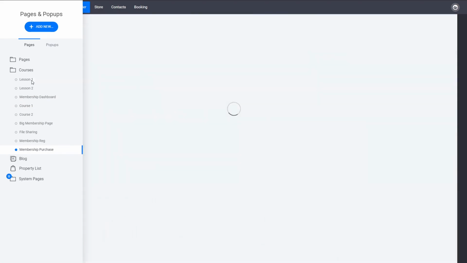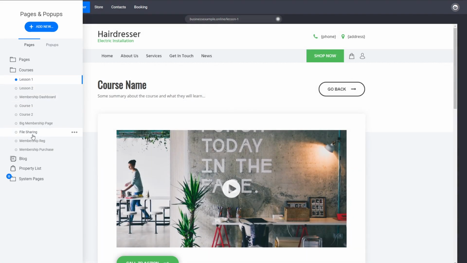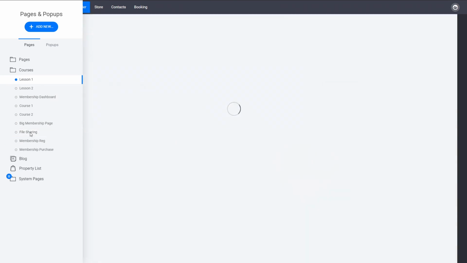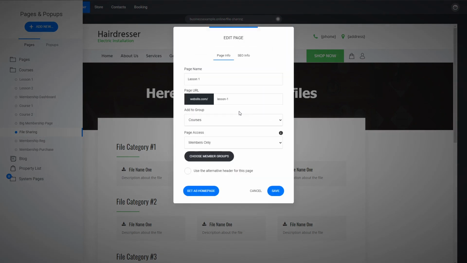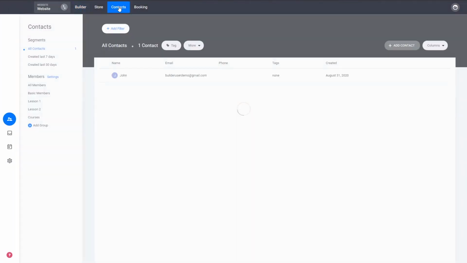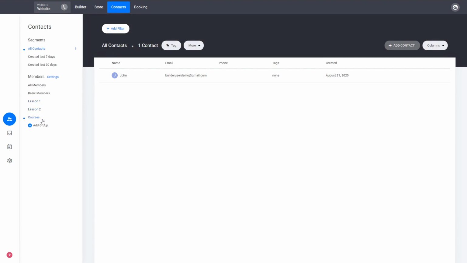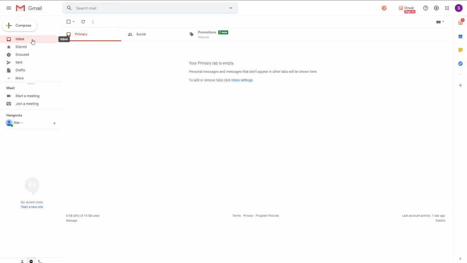So yeah, this is basically it. This is how simple it was to create our membership content in different formats: for file sharing, for dashboards, for however you want to organize your secured content. How to restrict access from the settings and make them for members only. How to create your membership groups in the CRM to assign people to those different groups, and how to have people sign up either via form or by setting a product with a membership. So this was it. Actually, before we go,